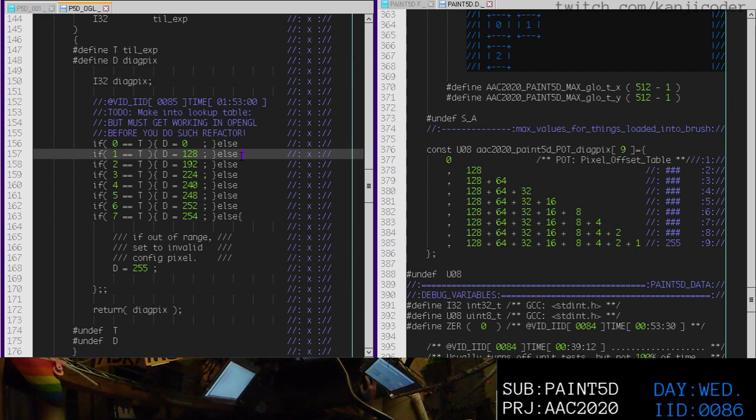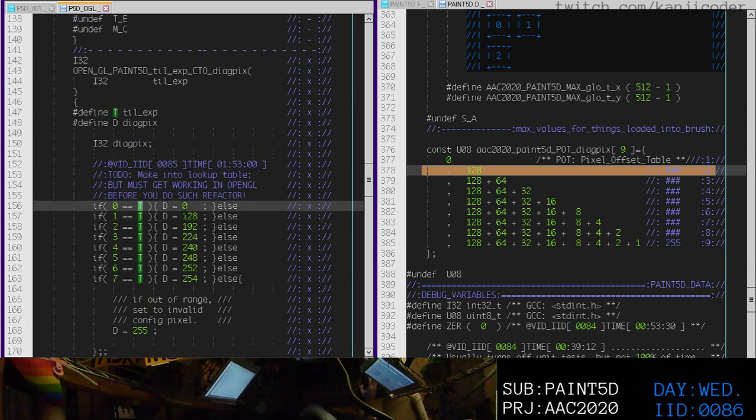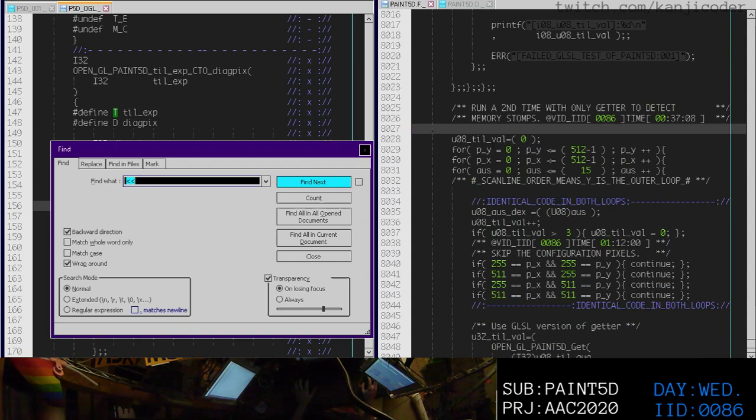Let's just throw this into a calculator and double check these values. So the first one is 128, right? Or the second one, I should say. The second entry is 128. So the tile exponent is going in here. Oh, hold up here. Yeah, because when we use this lookup table,